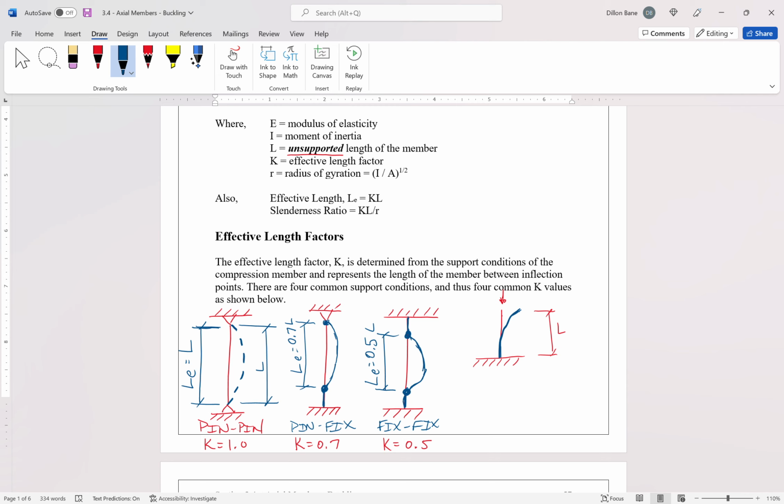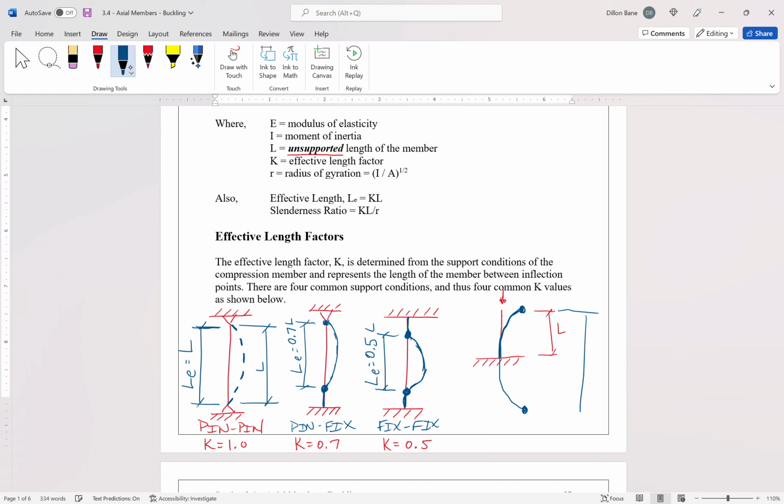Now again, at this point in time there has been no inflection point, and we're still actually ending out with a tangential slope of 0 at the base. Our theoretical K value comes from the derivation of our buckled shape continuing until it hits inflection points at the top and bottom of this hypothetical, bottom column, if you will,